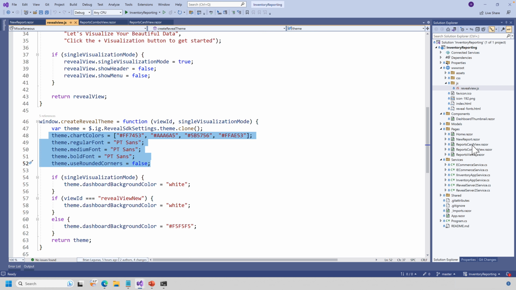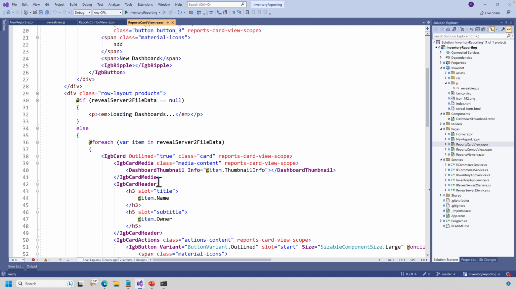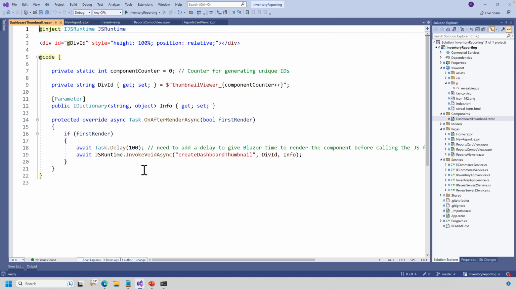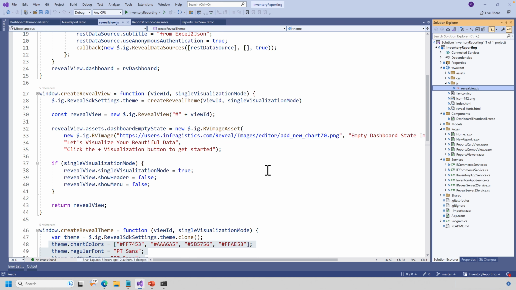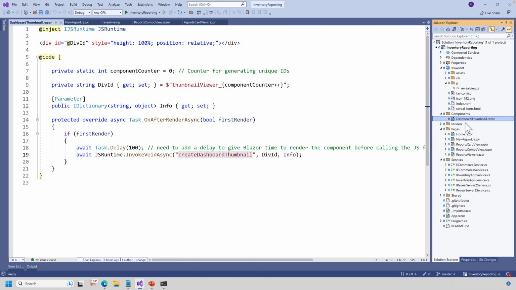If I go over to my card view, one difference here is in the card view, I've got this dashboard thumbnail component. The dashboard thumbnail component is going to look at the R-file for a particular dashboard, and it's going to generate an image based on what information is in that file. So here I've got create dashboard thumbnail in my Reveal Vue.js to actually generate that thumbnail. This is actually really slick, and it will create a thumbnail for you, which is what we want to do,